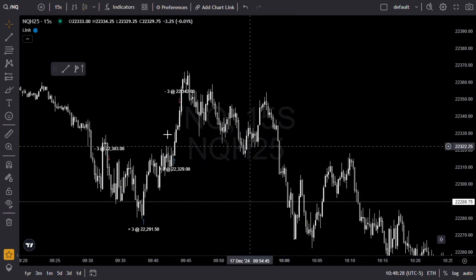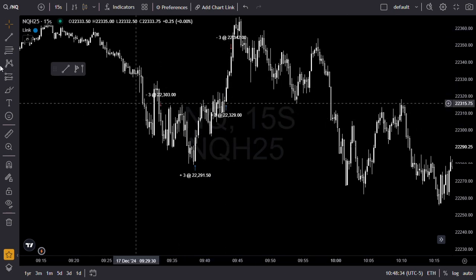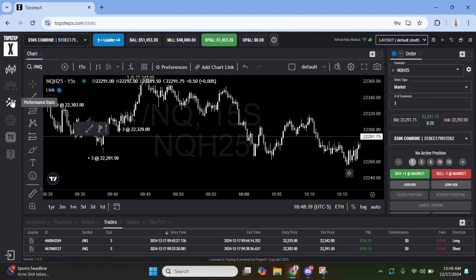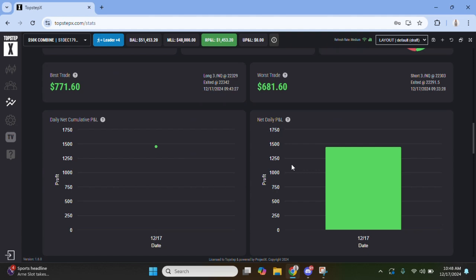But nonetheless, those were my two setups, my two trades for the day, both around 12 to 15 points. And I'm at 1500 right now on 5 accounts. So overall, if this was a live account, we would have made 7,500. But when you're on the XFA, you can only trade up to two contracts, right? So I caught about 20 points on two contracts. That would have been like $800, $800 on 5 accounts. That would have been 4 bands, right? But nonetheless, I still got a couple more days to go.